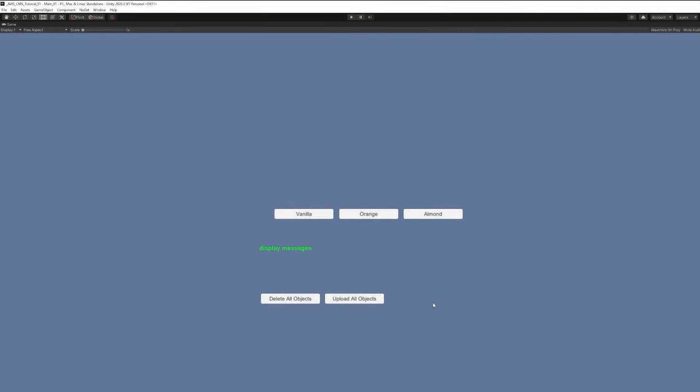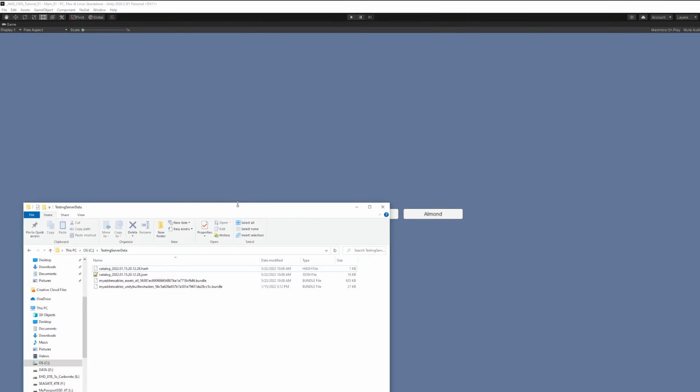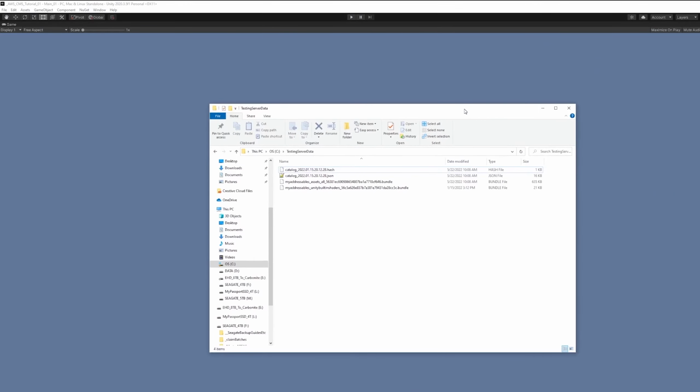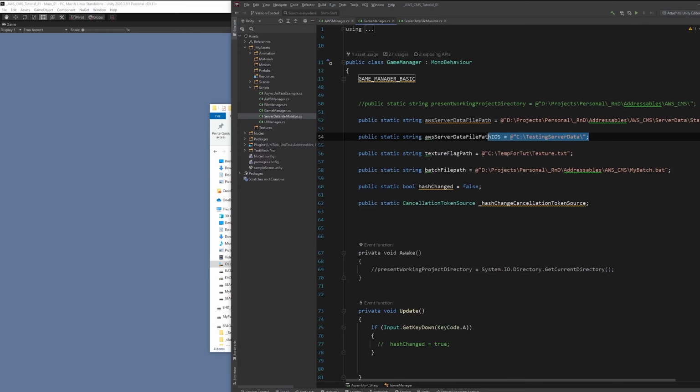In this tutorial, we will look at how to set up deleting and uploading of objects into the S3 bucket automatically based on when files have been updated on a local hard drive. We've been using a test folder named C:\testing server data. Once we begin working on the iOS Unity part of this project, we will use the actual folder that will contain all the real addressable files that will be updated by this other Unity project. More on this later. But for now, we will stick with this testing folder to demonstrate how automatic file management